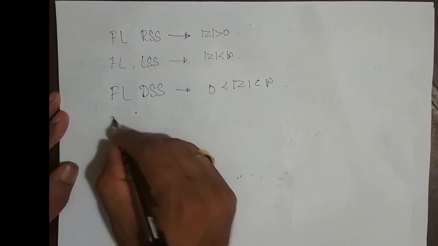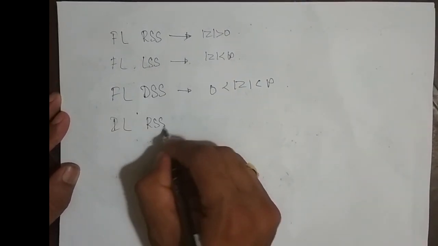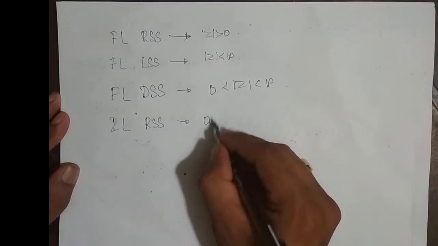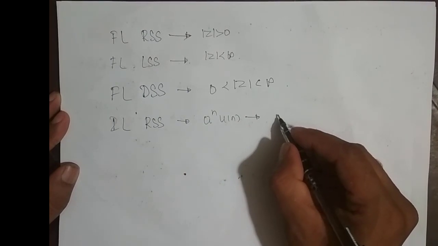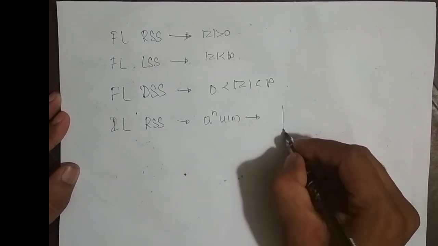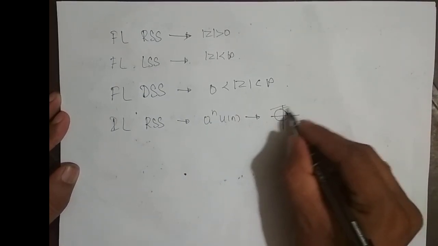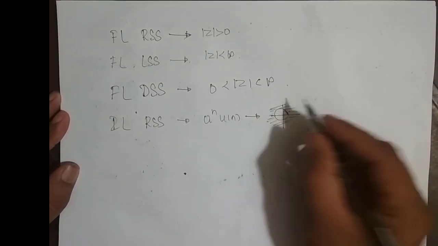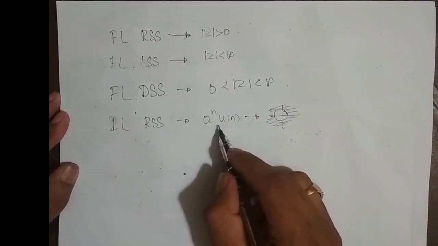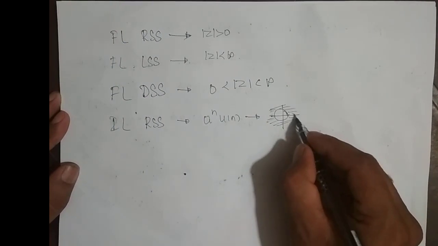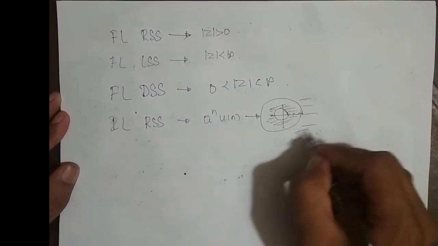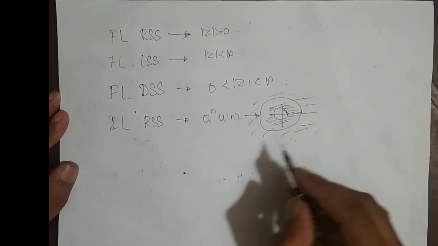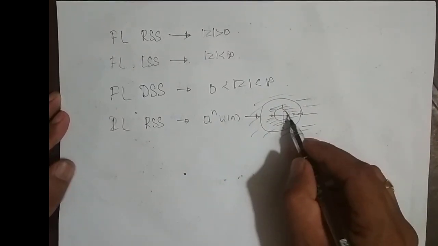And we have taken up infinite length right-sided sequence of the form a power n u of n. What was its ROC? It was outside the outermost circle. If I have more than one sequence, then I will be having more than one pole, and the ROC will be outside the outermost pole. It was outside the outermost circle. Pole circle corresponds to a pole.